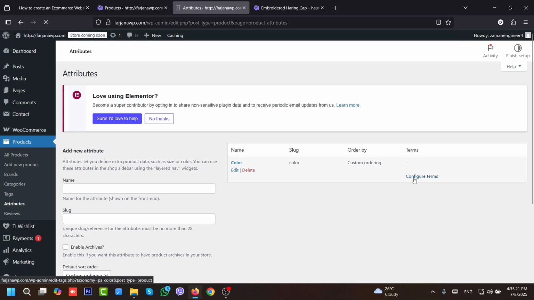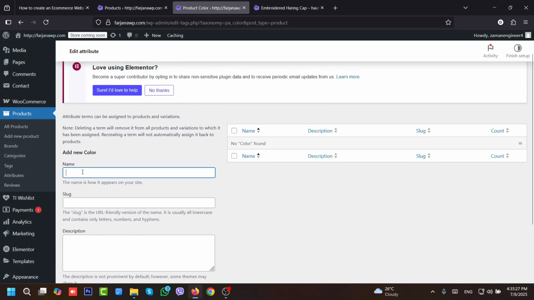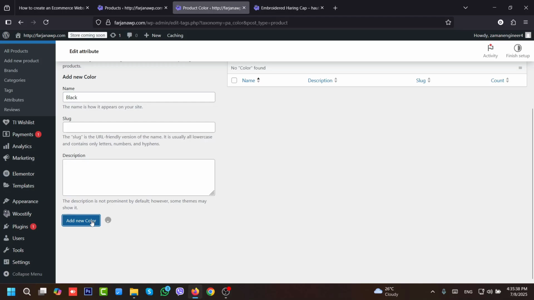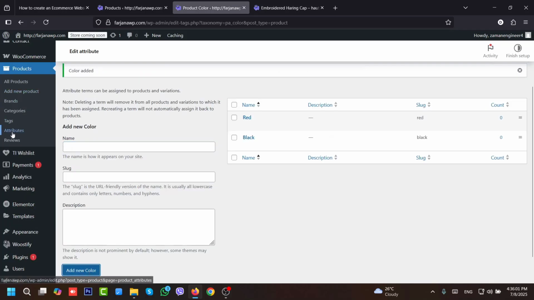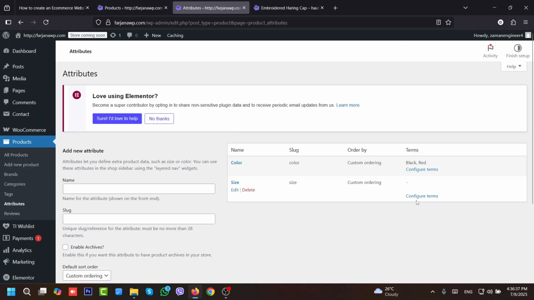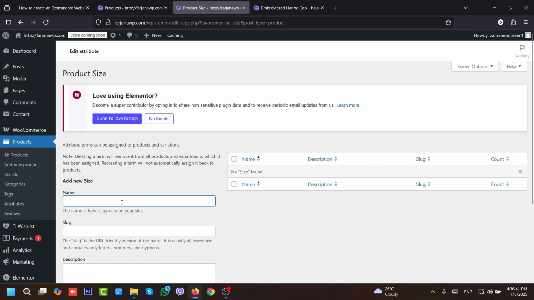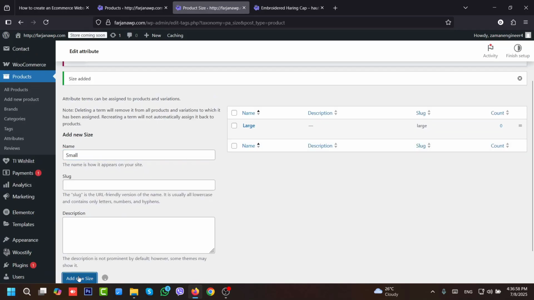Now going to configure terms. So here add new color, we can add the black color and add new color. Also in the same way, going to add one more color, the red, and add new color. Again going back to attribute and adding one more attribute, size, add attribute. Then going to configure terms, and we can add two types of size, large and small. Add new size and small, add this one,